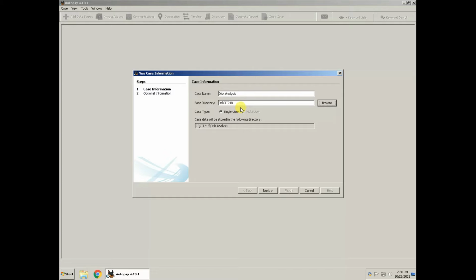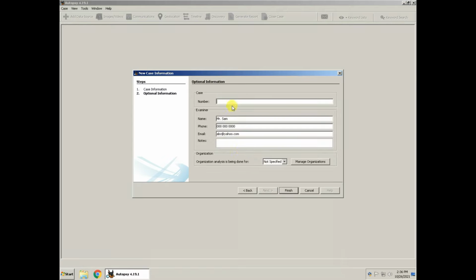Since we are conducting it on the same computer, and just for the testing purposes or as a demo, we are going to select a drive which is the drive C of this computer on which we have installed the operating system. So it's not recommended to keep the base directory in the C drive, because you'll be investigating the C drive for any possible evidence. So that's why I have selected a different partition, and I'll be keeping all the files related to that in that partition. Press next, you'll give it a case number, then you'll write the name of the person who's investigating,